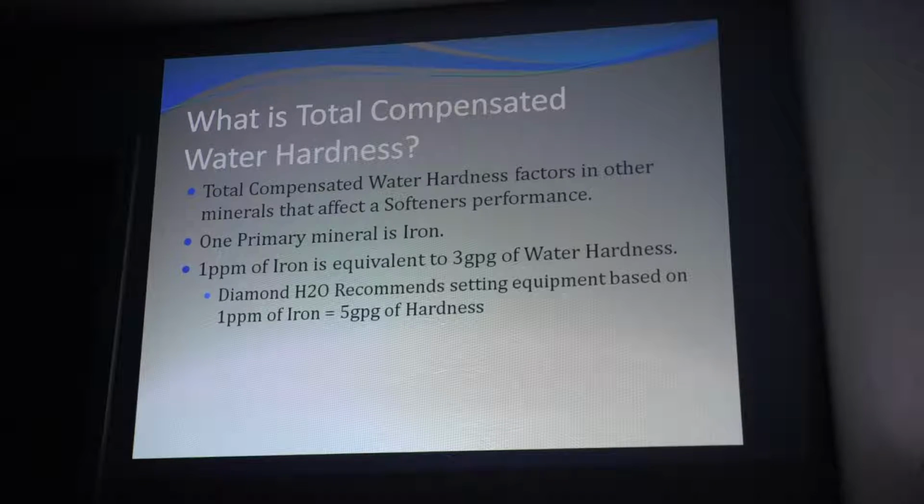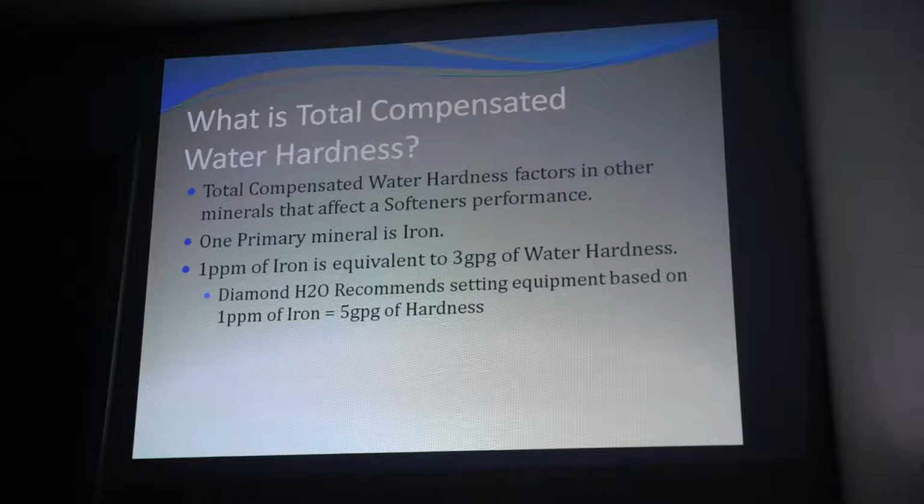The Water Quality Association says that 1 part per million of iron is equivalent to 3 grains per gallon of water hardness. However, at Diamond, for many years now, we've been using 5 grains per gallon. When we're calculating water hardness, if somebody has 15 grains of hardness and 1 part per million of iron, in many cases you can get by with saying 3. In our area, we say 5, because